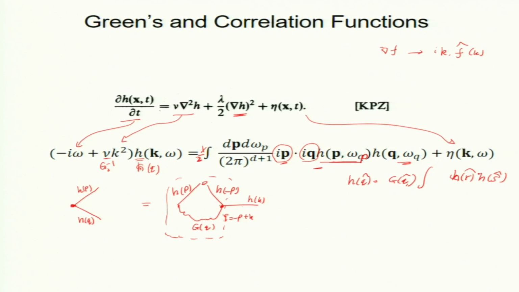Now, this comes with h of r and this is h of s, but h of r I need to multiply by h of p, and they will give me a non-zero value only when r equals minus p, right, because of this noise term. h is also fluctuating, because eta is fluctuating, h is also fluctuating. So r must be equal to minus p, right, that is what we did before. This part you should remember, and s, by conservation of momentum, should be h of k. Okay, so that is what we get.